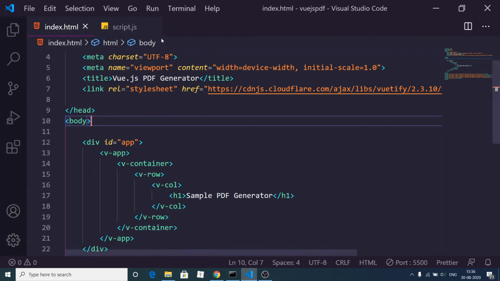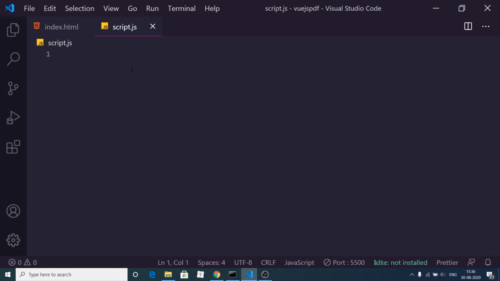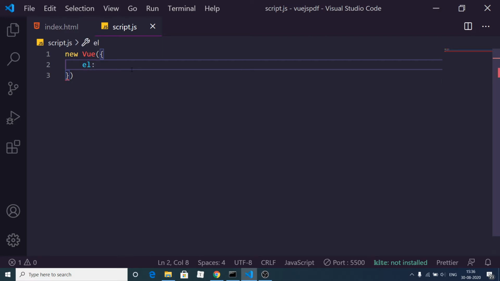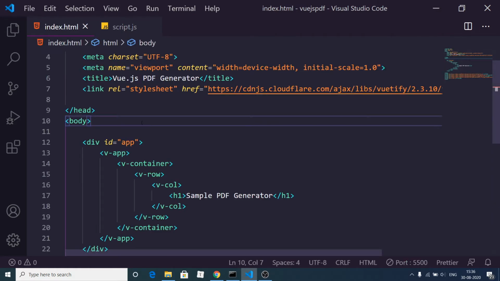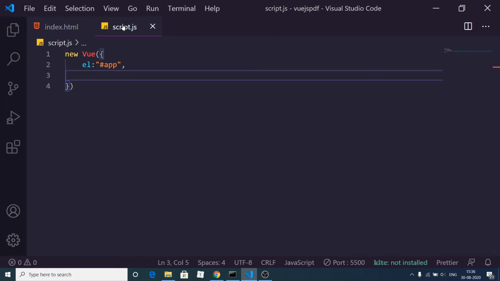Now to initialize this framework you need to first of all go to script.js, and right here you need to initialize your Vue app. So right here you will write new Vue, and inside this it takes some options. First of all you need to provide the element, el, reference. This is the option that you need to provide here. In our case this will be the simple ID that we have. We will target it by the ID that we have given, in this case the ID app. After that it takes the vuetify property, and here you need to initialize a new constructor of new Vuetify like this.